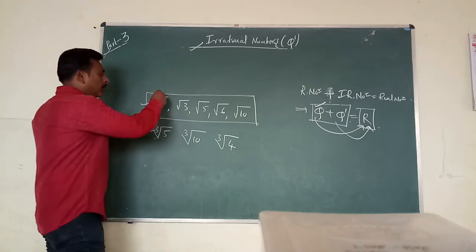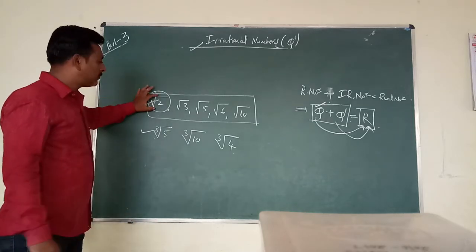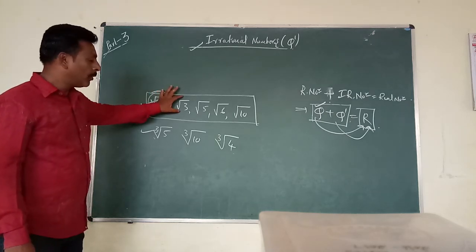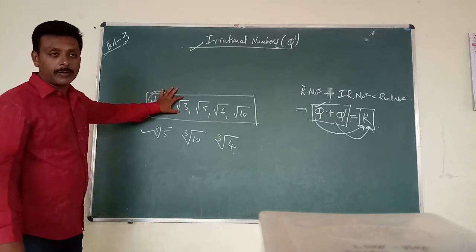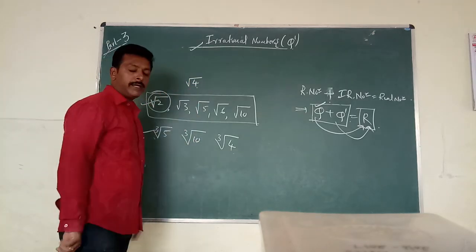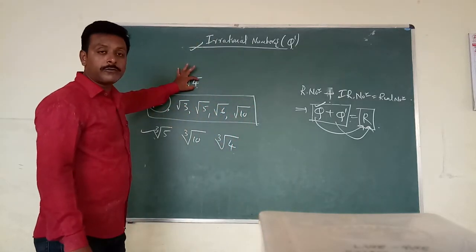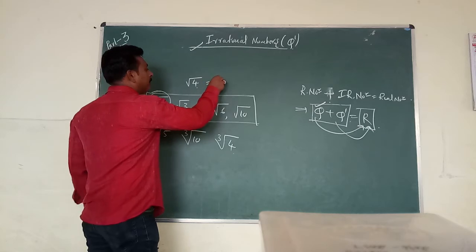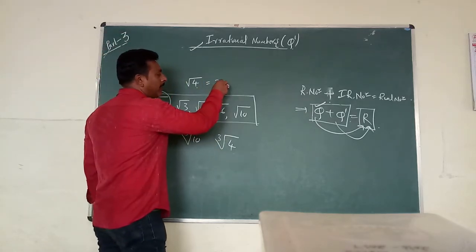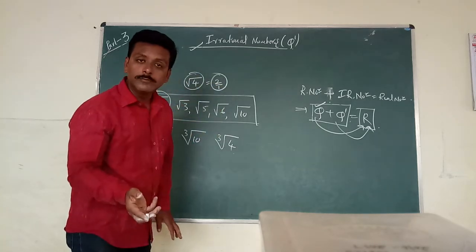Why, sir? Square root of 2 irrational number है, because when you simplify this, you will not get the answer in the form of p by q. Root 3 का भी you will not get in the form of p by q. If you write square root of 4, 8th standard you studied the chapter square and square root. Okay, 4 is a perfect square. Square root of 4 is what? 2. Its answer is 2, means denominator में क्या है? 1.